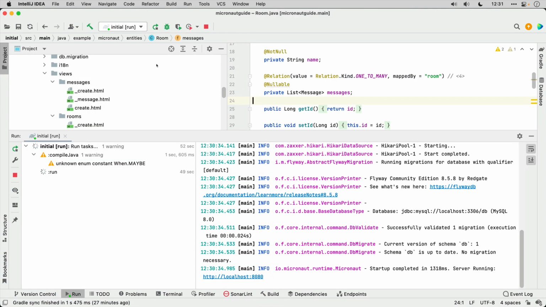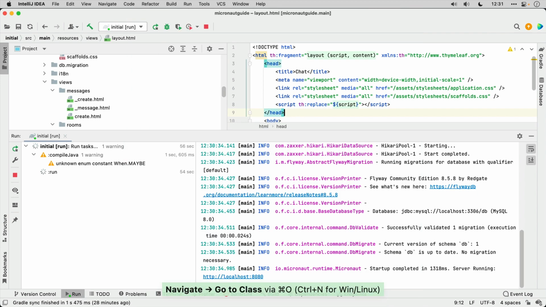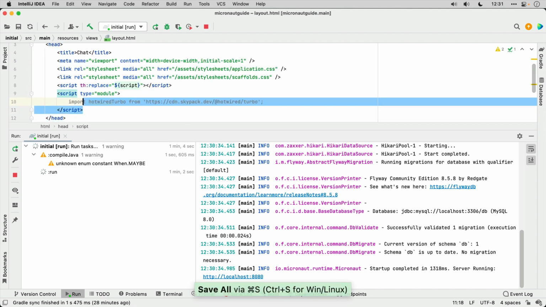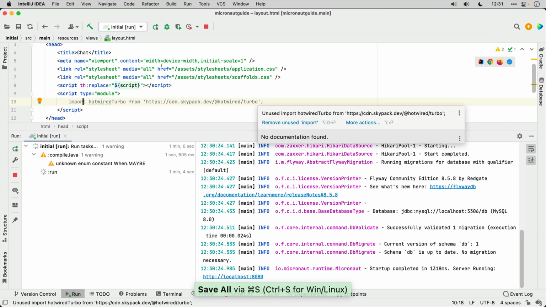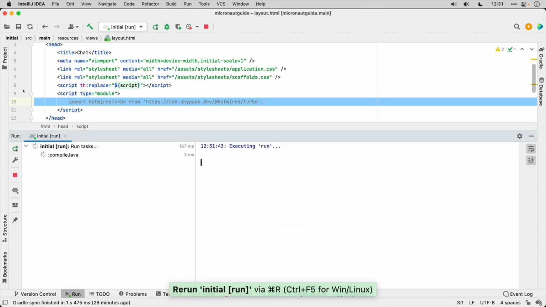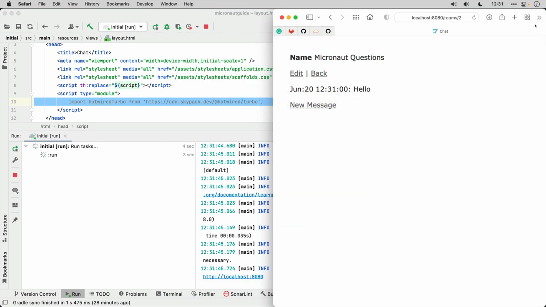So if I open layout.html, which is a file here on my project, I'm gonna add this snippet of JavaScript, which essentially installs Turbo via a CDN. So I'm gonna run the application, and by installing it we are gonna get Turbo